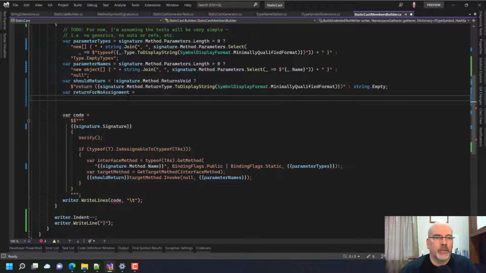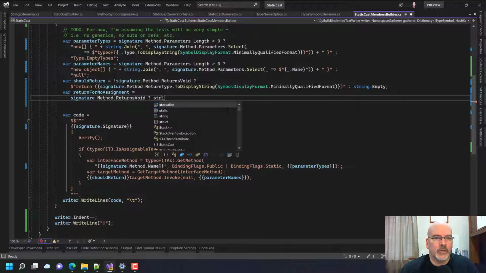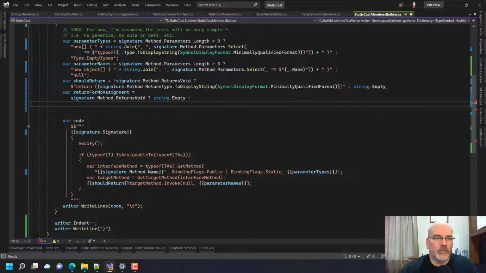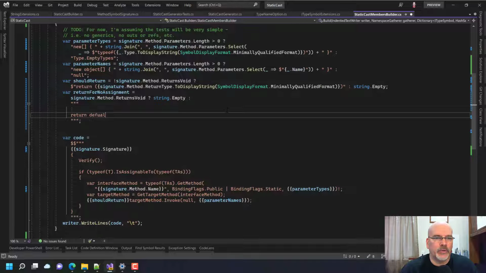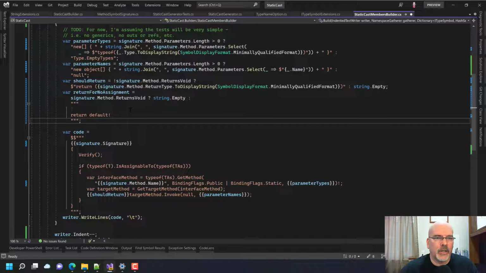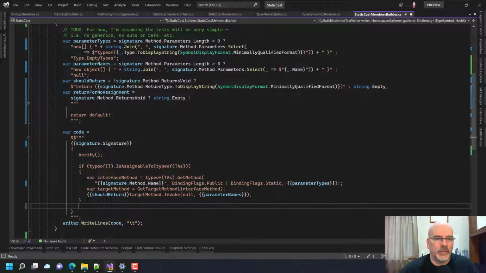Okay. If the signature method returns void, if it does do that, then it's just a string.empty. Otherwise, what we're going to do is put in a space and say return default. Okay. So then here, what we're going to do,